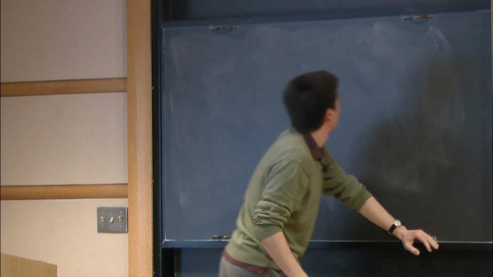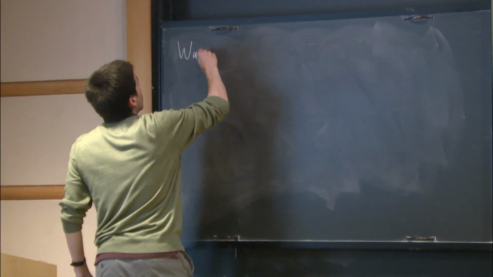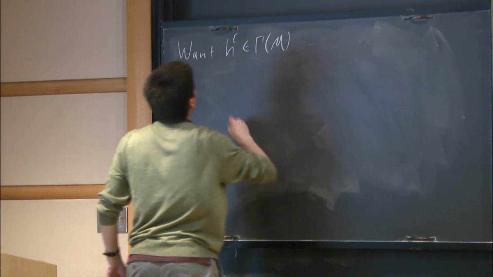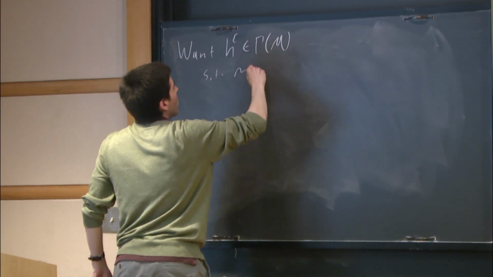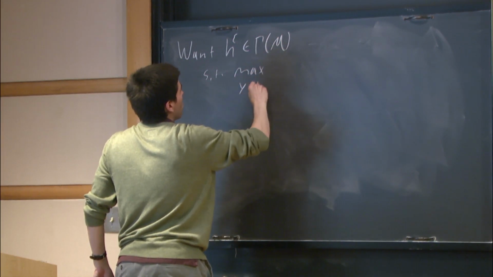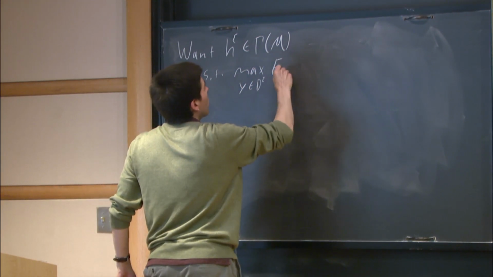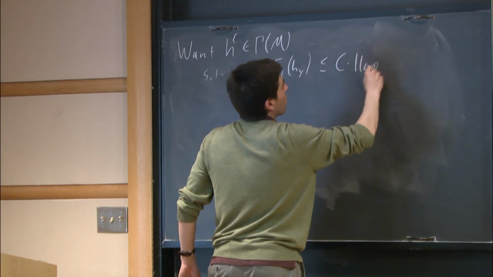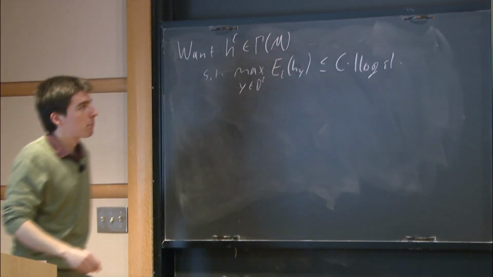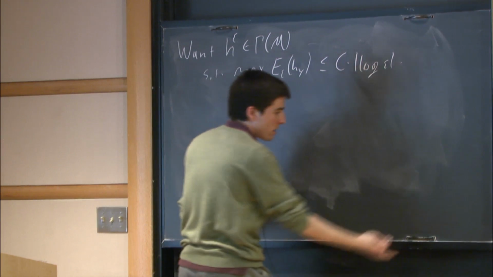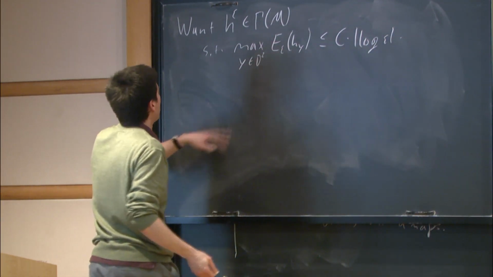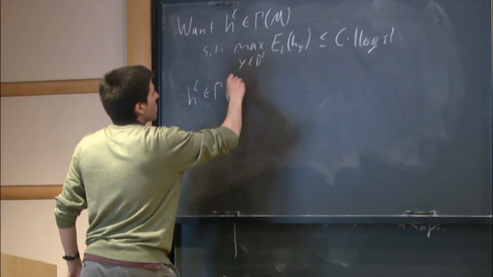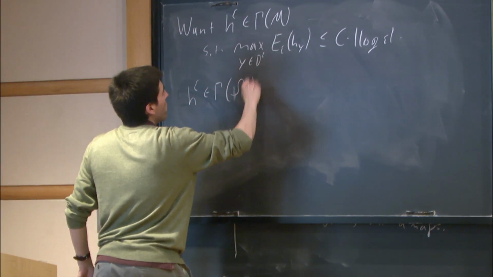OK, so we want to construct just some candidate families, H epsilon and gamma of m, such that their energy satisfies the correct bounds throughout the family, right? So the max of these energies satisfies some log epsilon bound. OK, so how can we do this? Well, first we can construct a family in gamma of the unit disk, or let's say any planar domain,